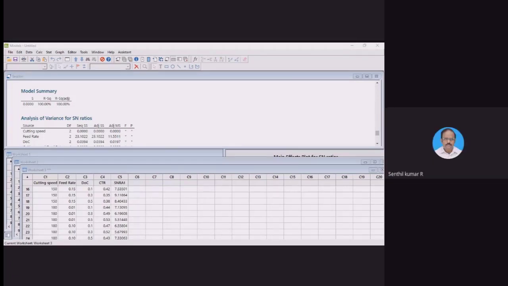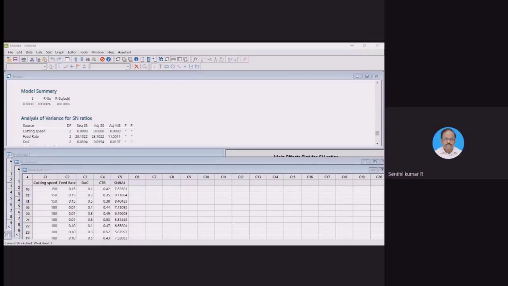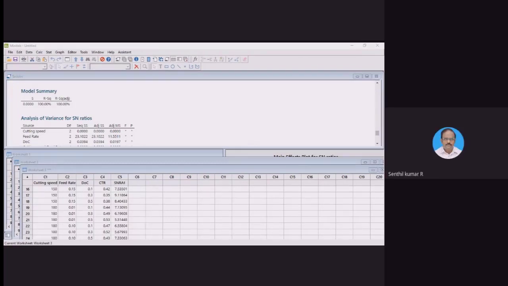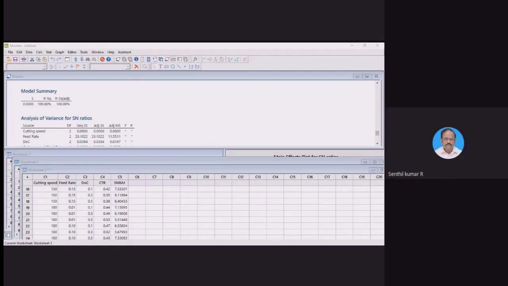Thank you, sir. One more doubt, sir. This is regarding GRA. When I use Taguchi GRA, I'm taking the SN ratio from the Taguchi method. I'm normalizing those data and finding the gray relational grade. I'm getting a set of values. When I proceed the same thing without normalization, I'm getting the opposite values. Whether I have to normalize and go for GRA or directly I can use SN ratio for GRA, sir.